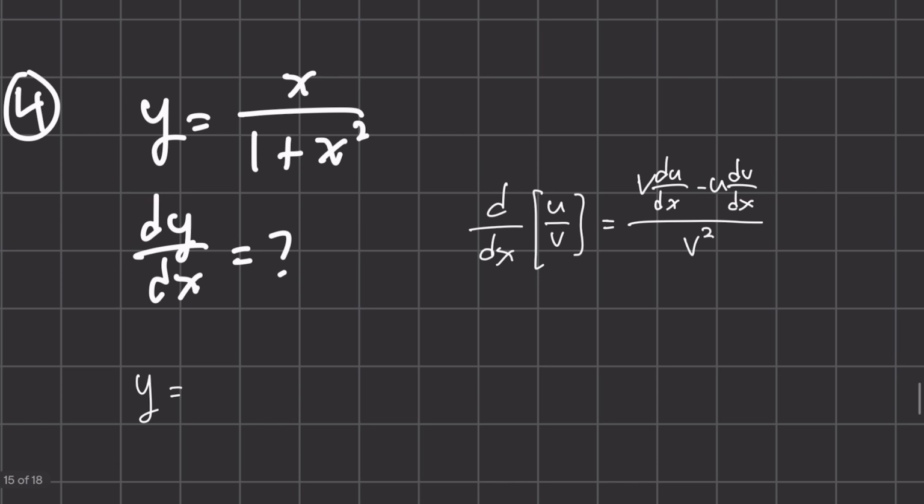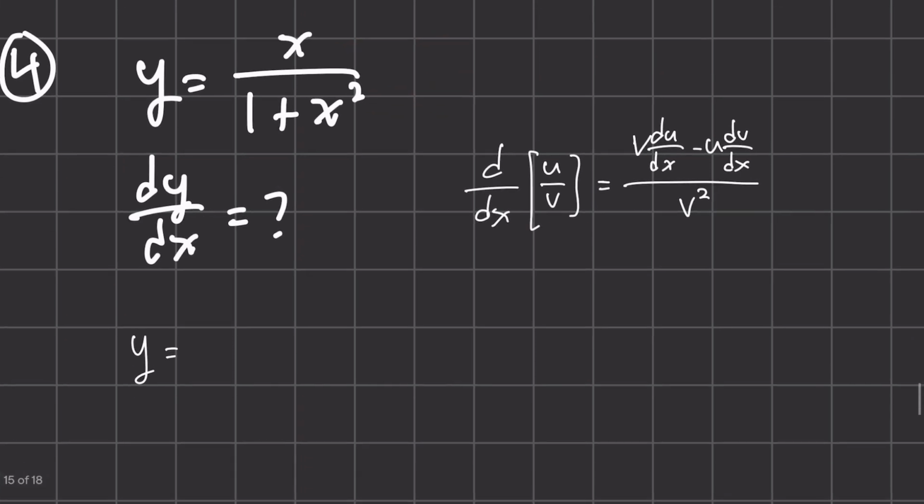In this case, our top part, x, is u, and our bottom 1 plus x squared is v. So what is v? I'm just going to write it as x squared plus 1. It's going to be this multiplied by the derivative of x, and it's going to be all that minus our function u, which is just x,